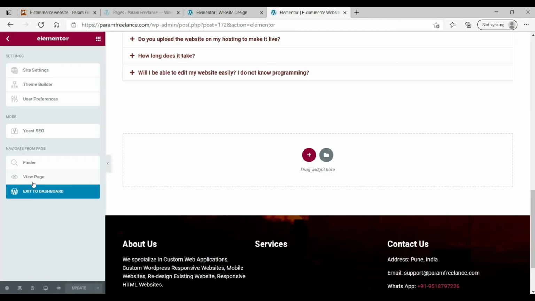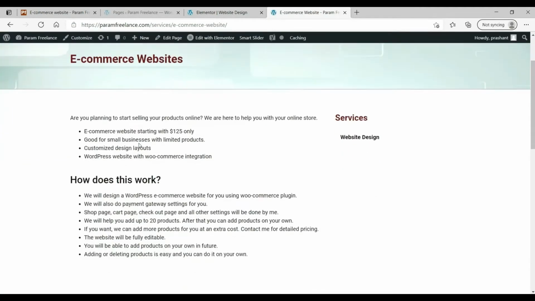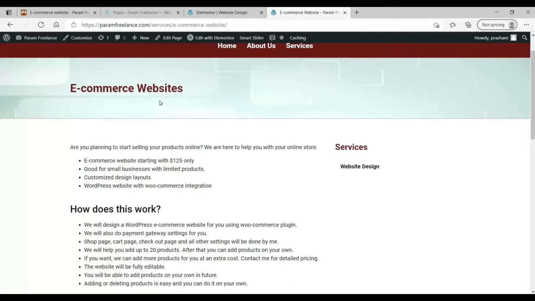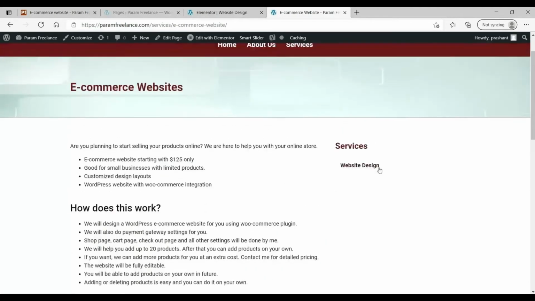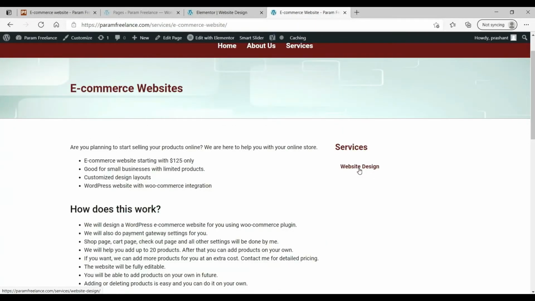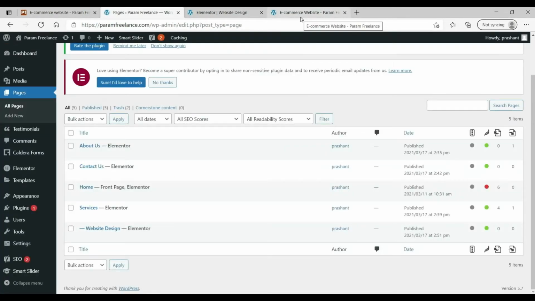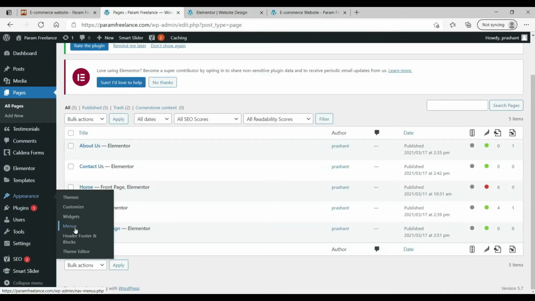Okay, now let's click on it and go to view page. So this is how the new services page will be. Now here you see only one website design service. So now we are going to add the services here. Click on appearance, click on menus.